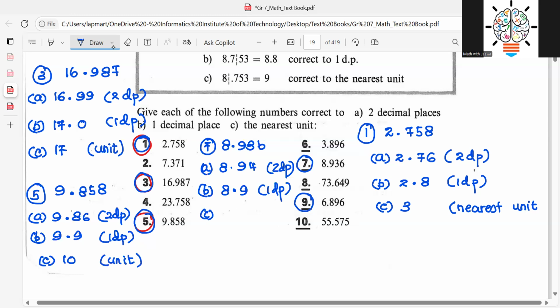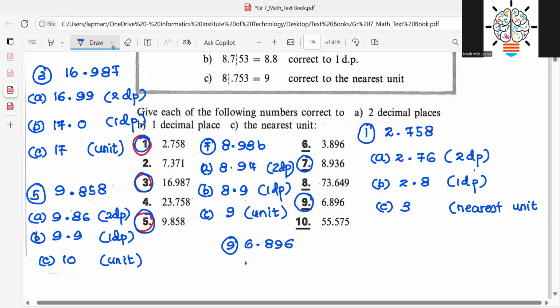And C, that becomes 9 to the nearest unit, because 8 is in the unit place. And look at the next number, it is 9, which is more than 5. So then we keep it as it is. So then the ninth one, the question is